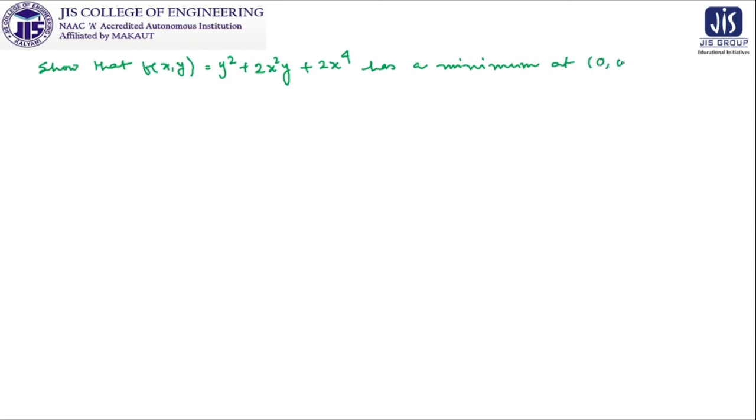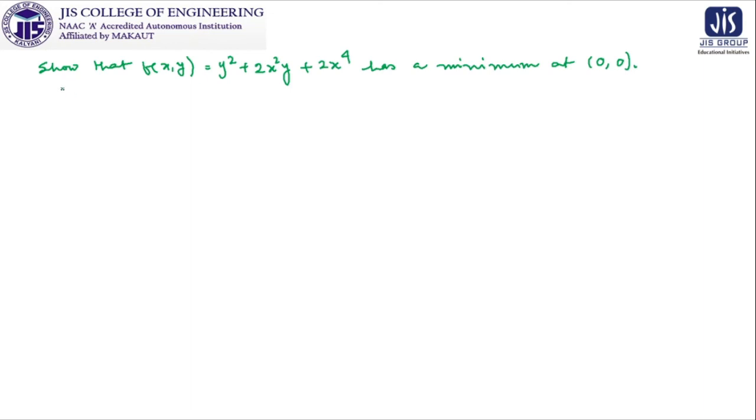at 0 0. So first of all, try to identify the question's pattern wise difference, that this question is not asking you what is the extremum value, what is the maximum value, what is the minimum value, or something like that. This question is asking something different. This question asks you to prove that this function will be having minimum value at 0 0. So it may be a critical point, it may be a boundary point. We don't know till now, but how to proceed or approach this problem. So let us start doing it.